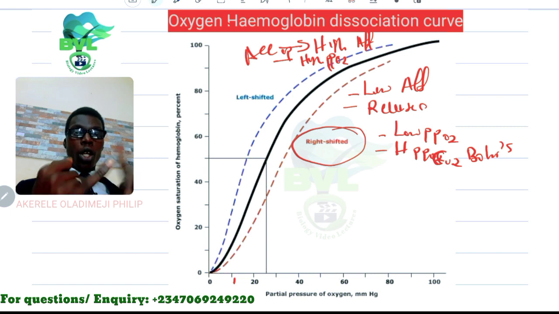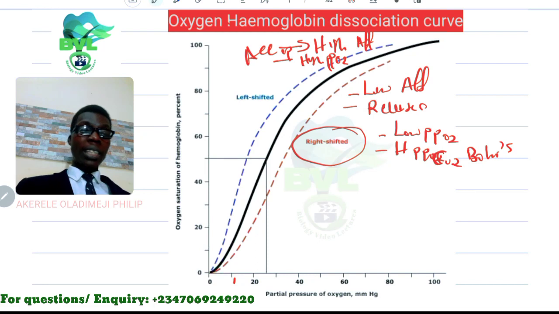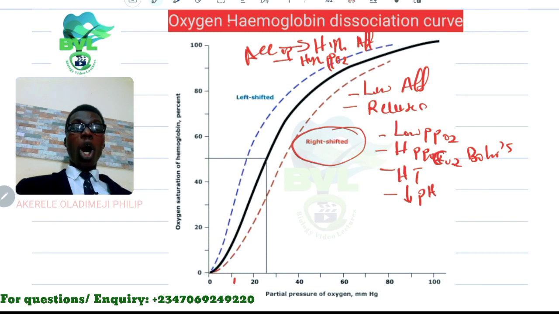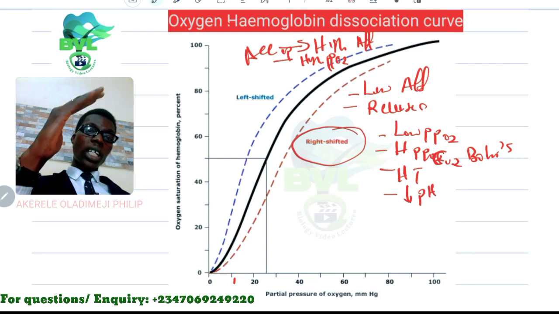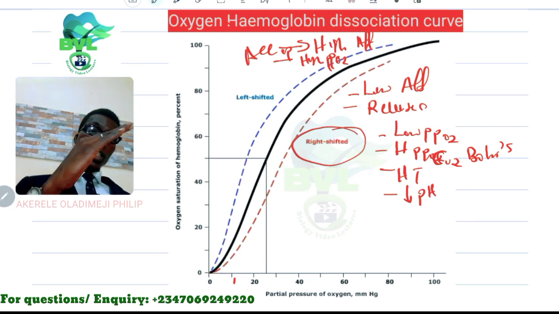So low partial pressure of oxygen, high partial pressure of carbon dioxide, high temperature. Let me write that. H means high. High temperature in the body. Decrease in pH. Decrease in pH talks about increase in acidity. All of these factors together will make your oxygen hemoglobin dissociation curve shift right,